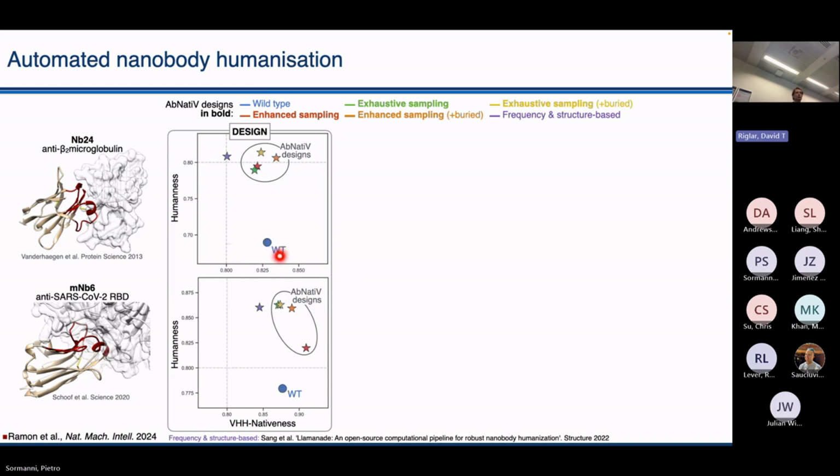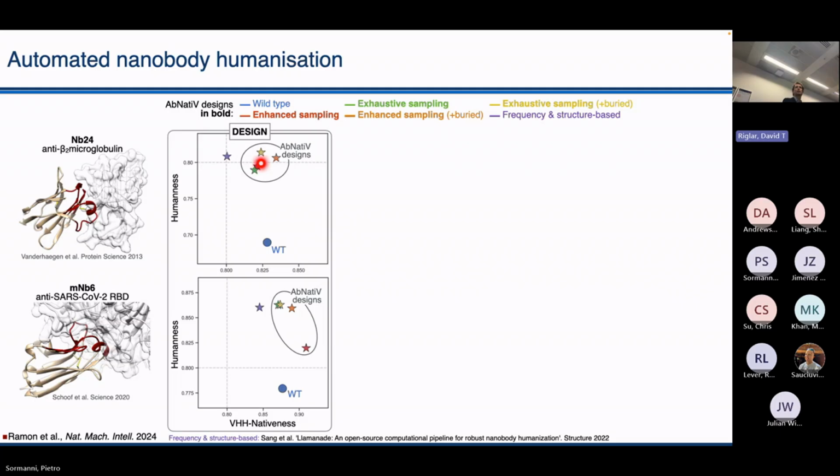So we start from a wild type, we try to design mutation rationally. The method suggests them automatically to increase humanness, but we also ask not to compromise too much the nativeness of the nanobody, which is the x-axis here. So we have done 4 different ways of sampling mutation. 2 of them will touch buried positions, so things that are not on the surface, which is not a good